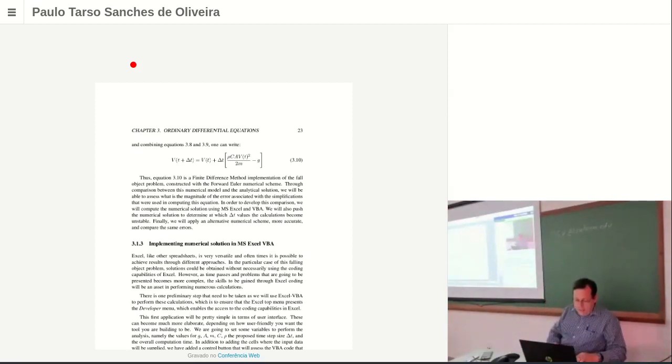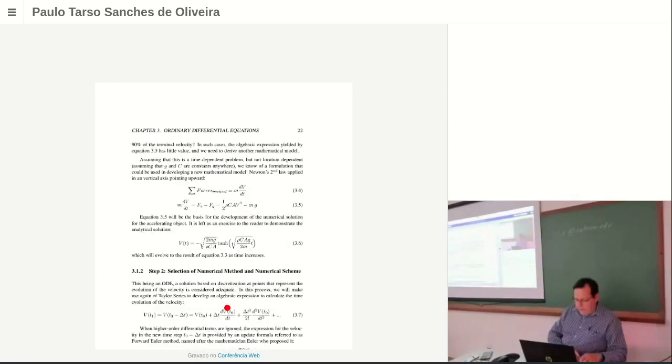What is the formula for the analytical solution? So the analytical solution of II, which means the first time step, equals minus, so I'm going to open here, so this is the analytical solution, equation 3.6. So I'm going to write the analytical solution expression in here, right? So it's minus square root, so let's do that, minus 2 times, open parenthesis, 2 times m times g